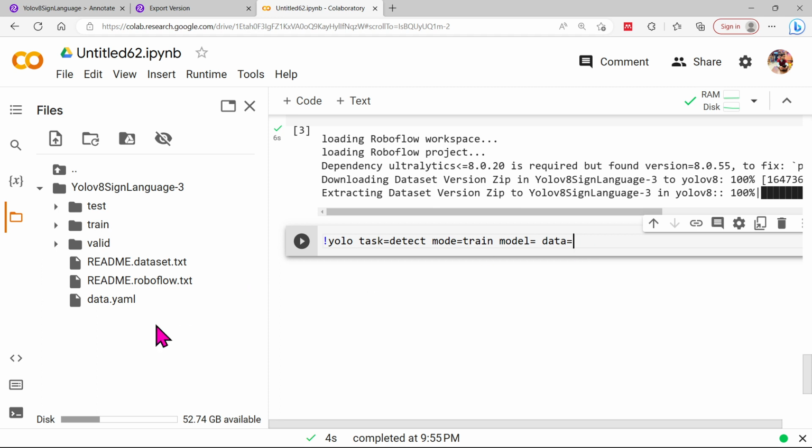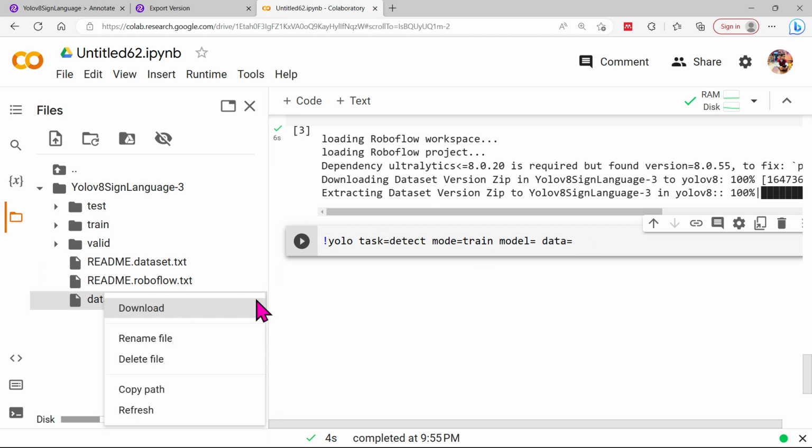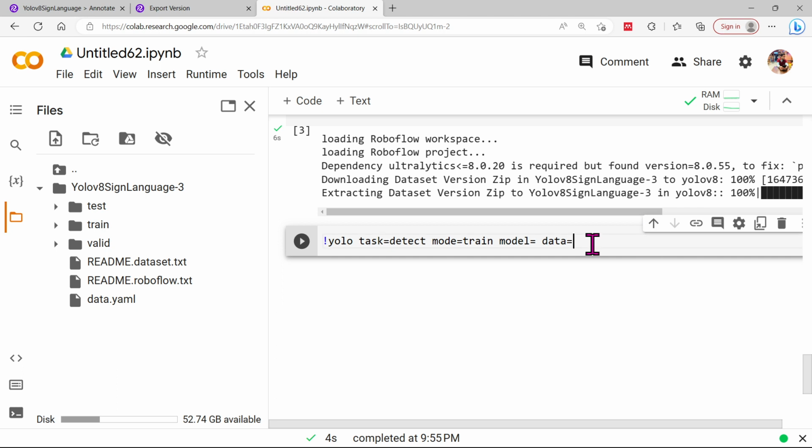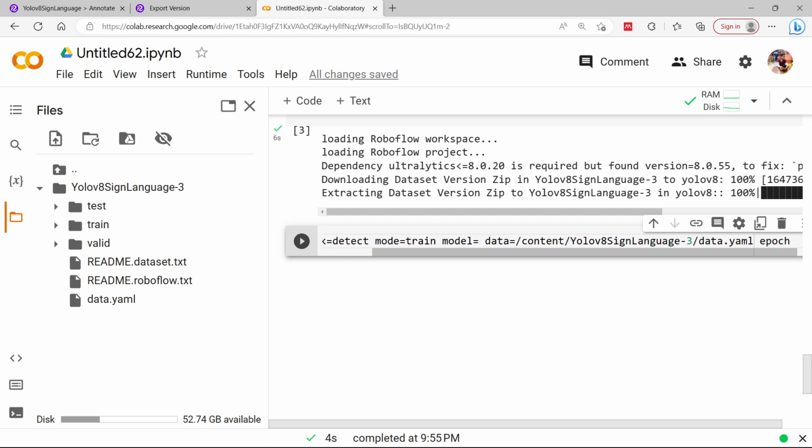So I'm going to provide this data.yaml file. I'm going to copy this one, this copy, and then I'm going to provide epochs. How many times I want to run the epochs is equal to, let's say I'm going to give epochs 30. So what is the image size? I'm going to give image size is equal to 640. 640 by 640, I'll give 640 one time, right? So this has image, and I'm going to detect the model and train the model, and then how to